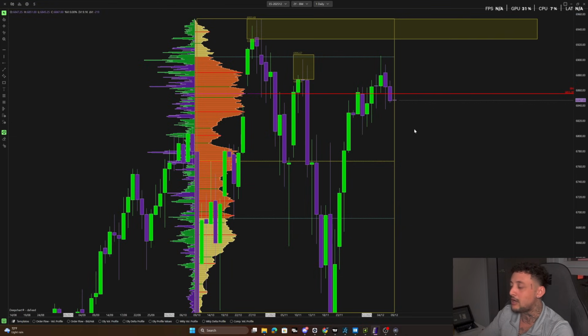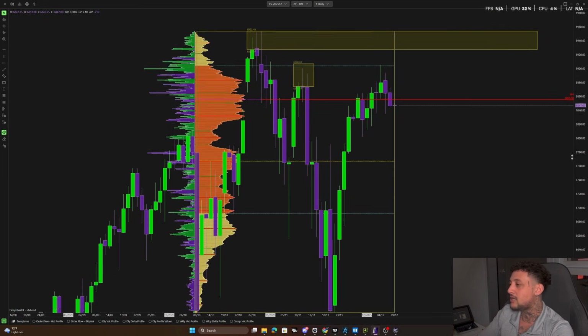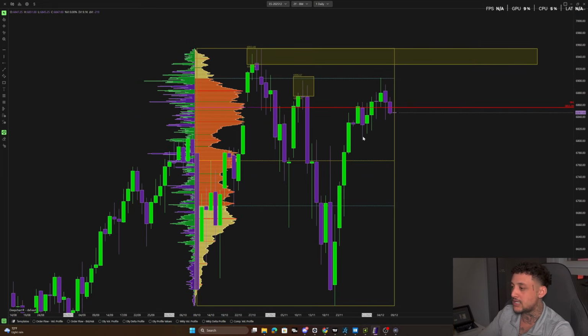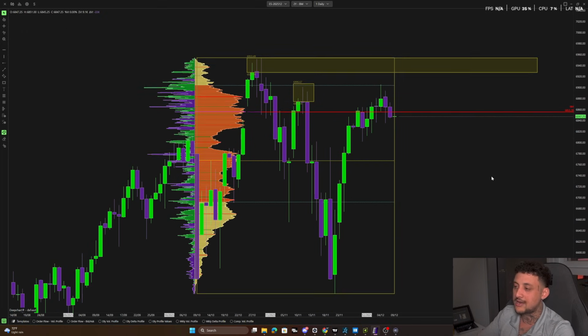to move down and go down into the next key level, which ideally what I would set also are technical key levels along the way, but I would be looking for a longer term perspective for price to come back down into this VWAP that I have set here, and then the opposite edge of value, so all the way down here. But again, I'm not a daily time frame trader, but this is just me setting expectations as to what the daily time frame could potentially do based off of the volume profile